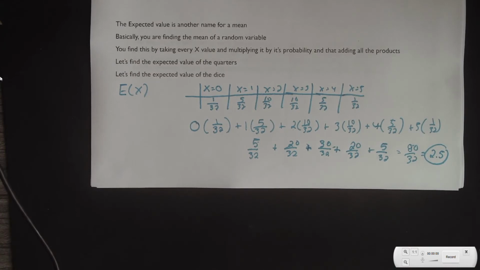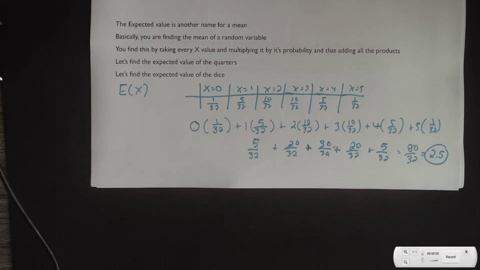Okay, so what that means is this. You should expect to get 2.5 heads every time you flip. Or on average, rather. On average, you should expect to get 2.5 heads. Which, when you think about it, doesn't make sense, because how do you get 2.5 heads? That's just statistics sometimes. If you are as old as me, and it dates me a little bit, when they were running ads when I was a kid, they used to say every household had 2.5 kids, and people would be like, what does that mean? How can you have 0.5 of a kid? It's just how statistics are worked out sometimes. I don't know why they don't change it, but you think of it as like this: you should on average get somewhere between 2 and 3